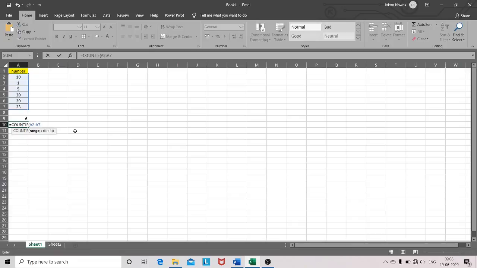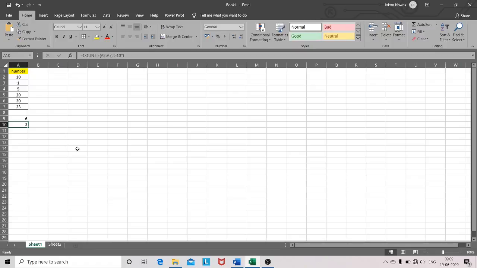I just have to put a comma and, in double quotes, greater than 10, and bracket close. Press enter. So see, there are only 3 numbers which are greater than 10. These are 20, 30 and 23.